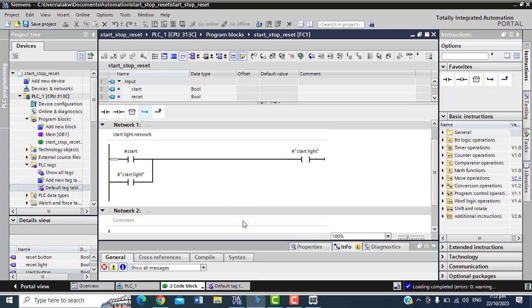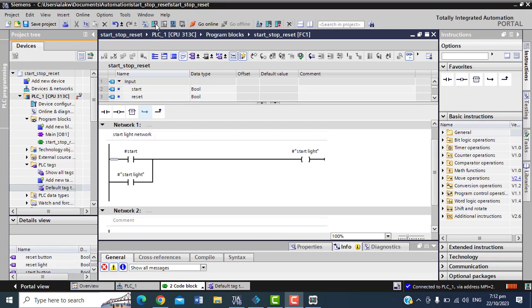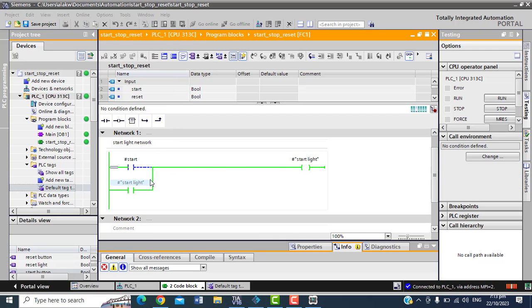In case you want to see how this thing works, you have this thing called monitor. So if I monitor it, you will see how the signal takes the path. You will see the flow from this start button, it actually goes through this one. We just wait for it a little, let the thing come. So as you will see here now, the signal follows through this place, it comes here because your hand has not come off the start button. So you see where your signal follows and passes, it comes here.